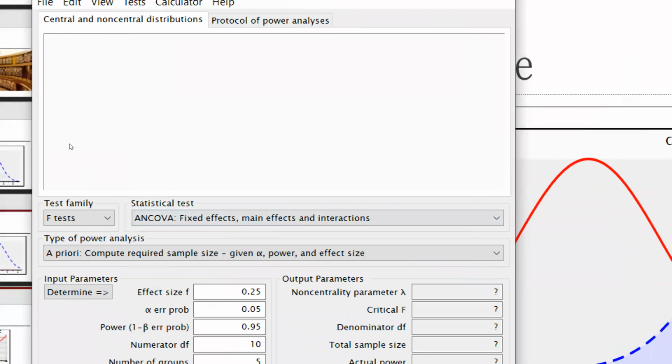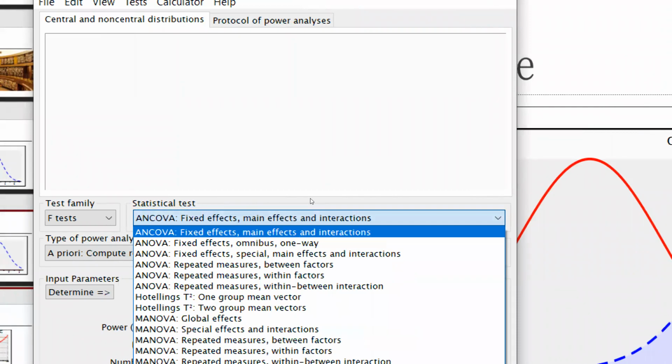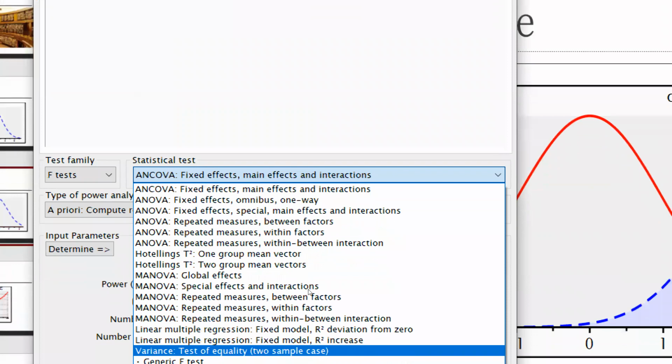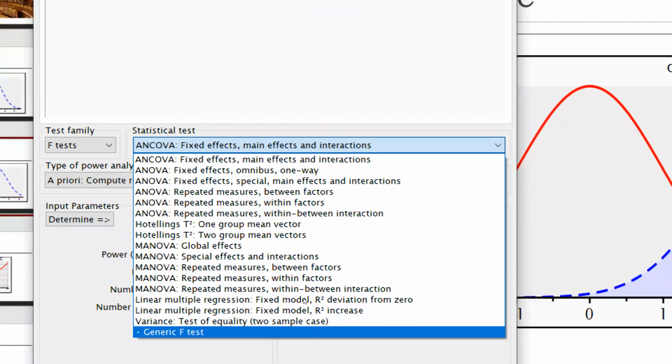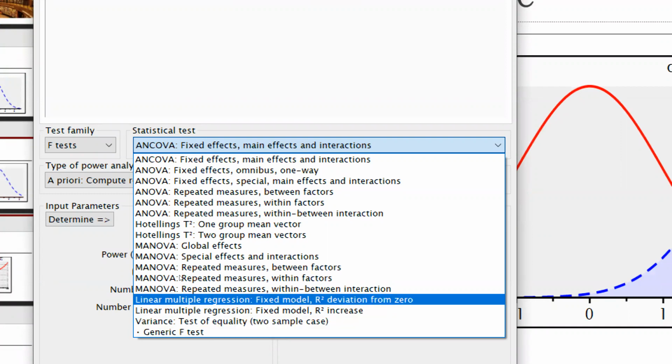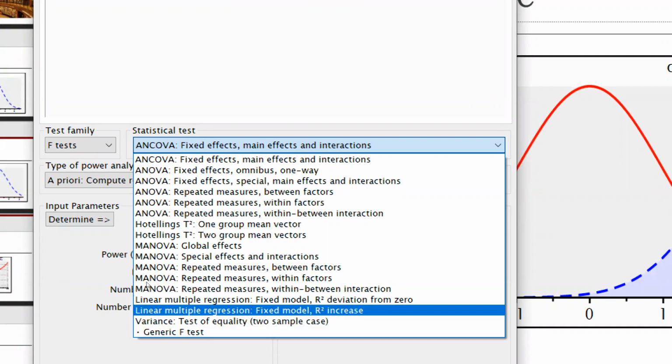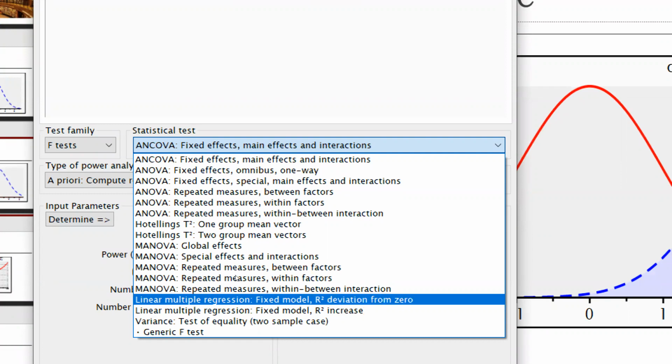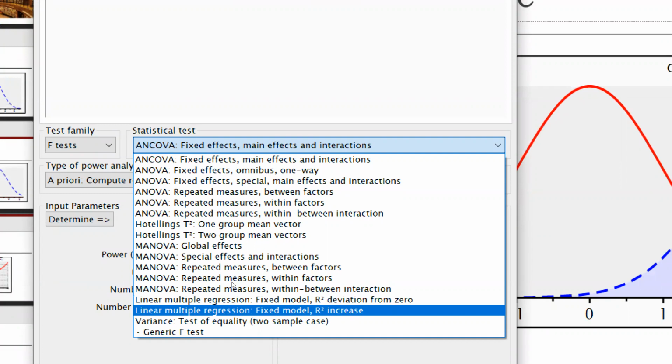And when we talk about regression, when we click here, there are so many kinds of tests available: ANOVA, ANCOVA, MANOVA, and linear multiple regression, fixed model, R square increase. What is the difference? First, let me explain the difference between these two kinds of options.